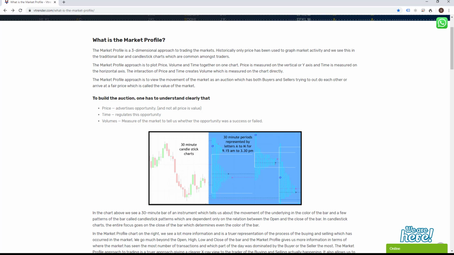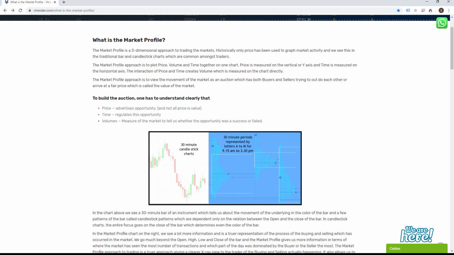Now, a lot of people tend to look at a market profile chart and look at the same information which you get from a candlestick chart, which is the open, the high, the low, and the close. The market profile is not used for plotting the highs and lows, and high-low divided by 2, or the half back or pullback of a bar, etc. That can be easily picked up from a candlestick chart. But the purpose of the market profile chart is to find out what price, time, and volume are doing relative to each other.